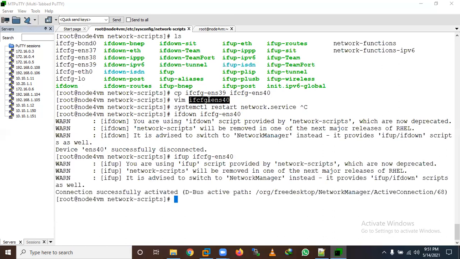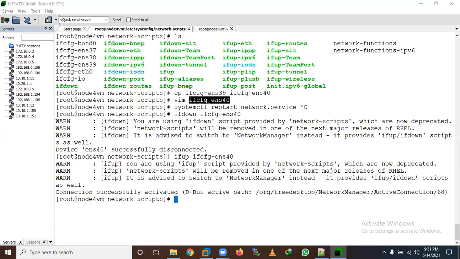So we did it. The systemctl restart network service will restart all the NIC cards, and I don't want to interrupt other NIC cards, so I only play with ENS40.